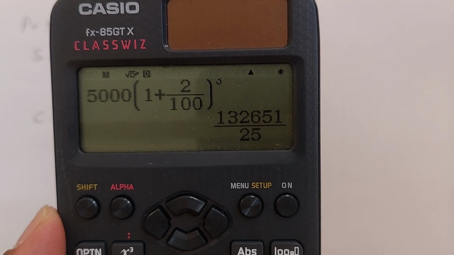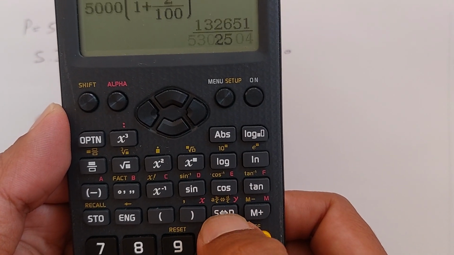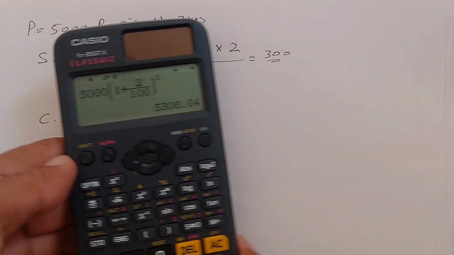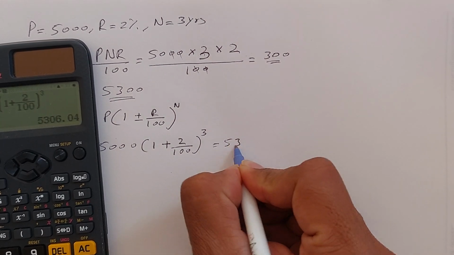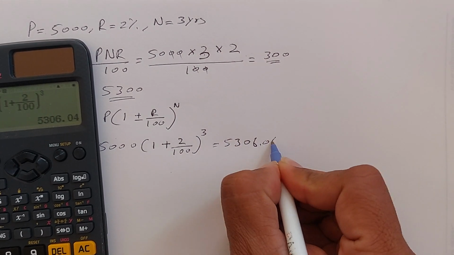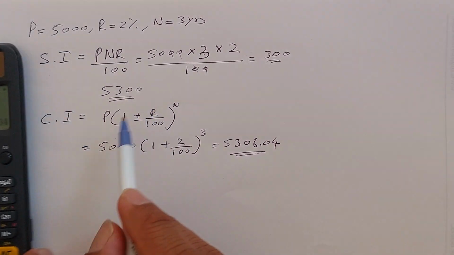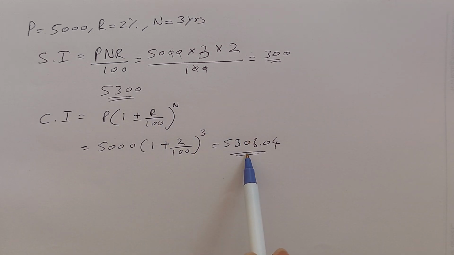Click on that. When we get that, press S-D to change to the decimal value. This is the value after interest. So the value we got is 5306.04. If you see the difference between these two, in simple interest we got slightly less value when compared to compound interest. In compound interest, we get slightly more value, because in compound interest, what it does is it'll